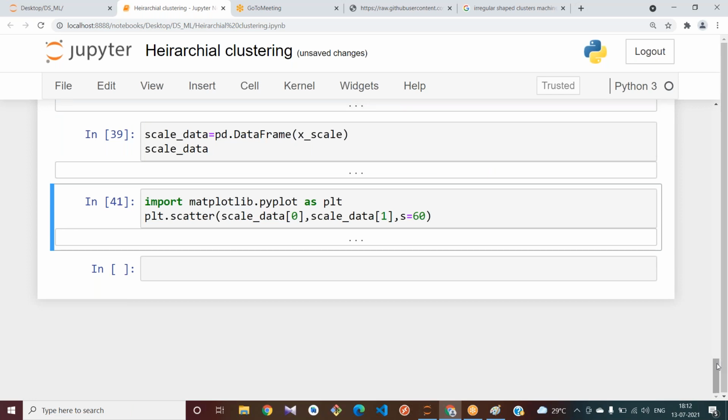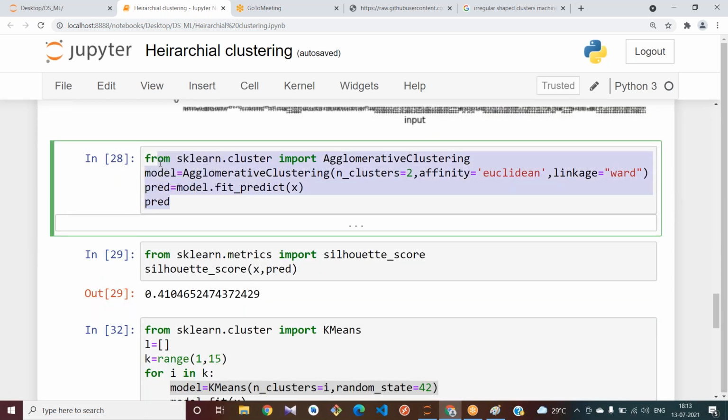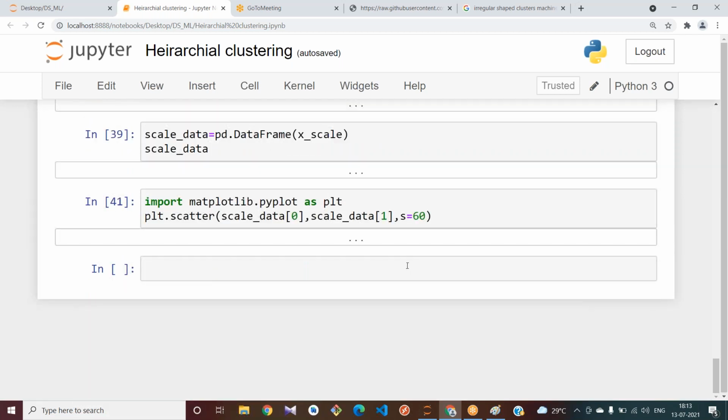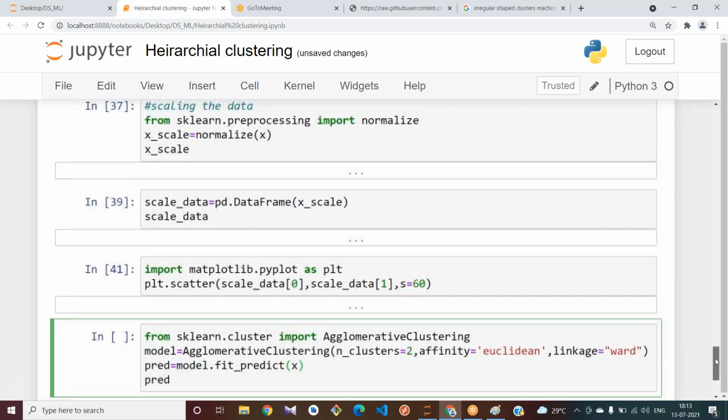That is how our data has been scaled. Now what you try to do? Try to apply the scaled data to both k-means and your hierarchical clustering and see the Silhouette score and tell me the Silhouette score. Try to apply first to the algorithm we are currently learning. Where is our scaled data?